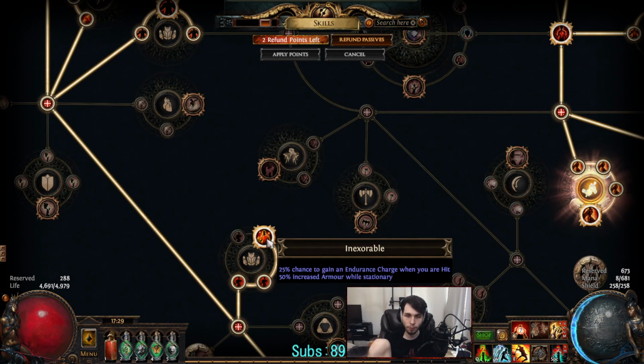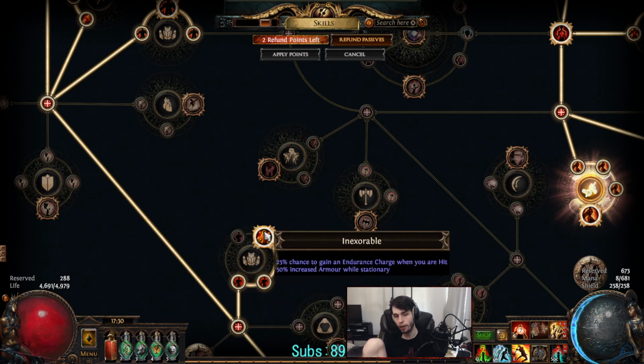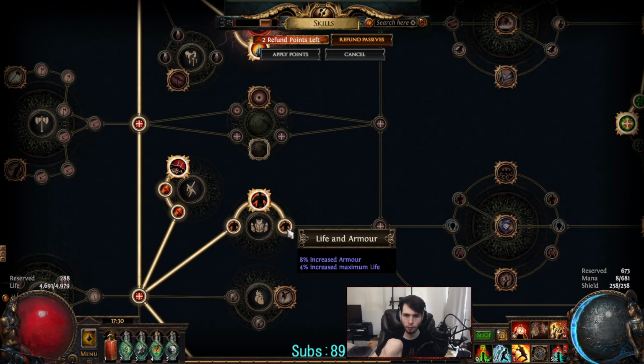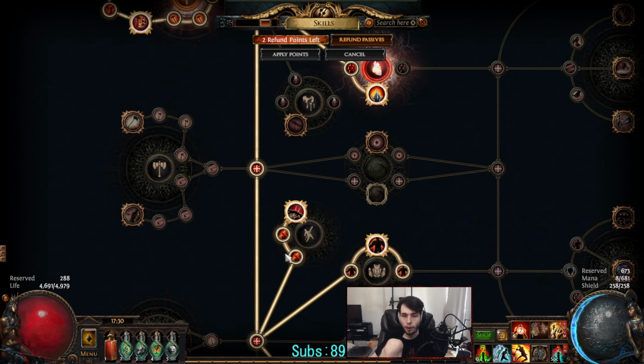From there, Inexorable. This is the goated node when it comes to Boneshatter. It's what makes Boneshatter really, really good, because you get a ton of armor pathing through here. But not only that, 50% increased armor while stationary is very strong. In addition to 25% chance to gain endurance charge when you're hit, you are always self-hitting, even if you're running axes and not mace tech. So you will always have endurance charges. From there, Juggernaut. We even path through the small node here. It's a bunch of life and armor. Harpooner, like I went through earlier,